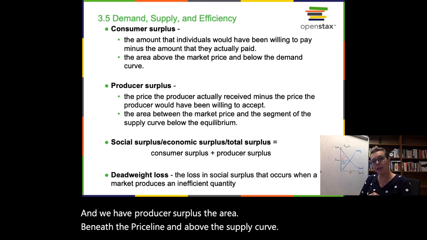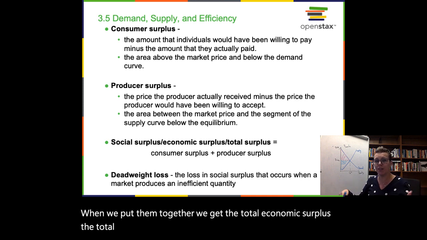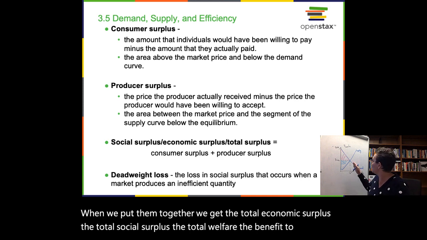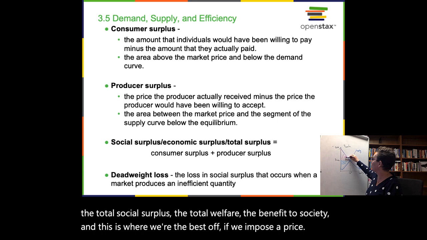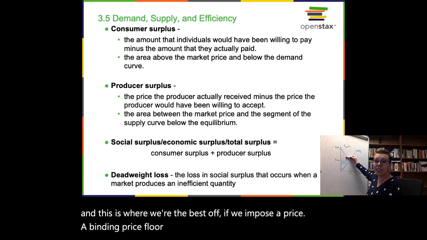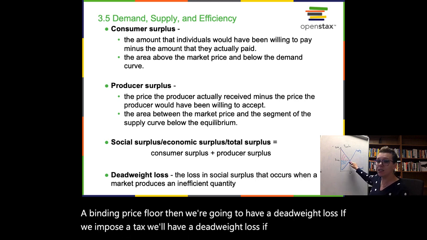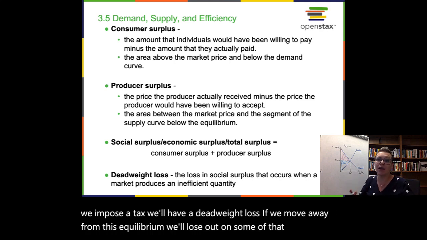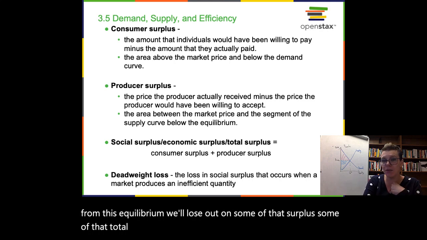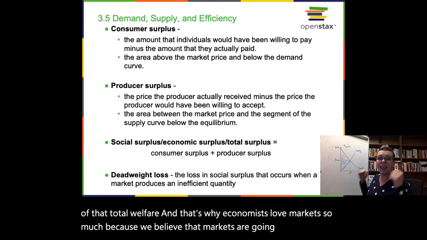When we put them together, we get the total economic surplus, the total social surplus, the total welfare, the benefit to society. And this is where we're the best off. If we impose a binding price floor, then we're going to have a deadweight loss. If we impose a tax, we'll have a deadweight loss. If we move away from this equilibrium, we'll lose out on some of that surplus, some of that total welfare. And that's why economists love markets so much, because we believe that markets are going to maximize that total surplus,